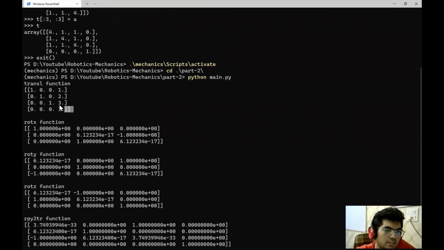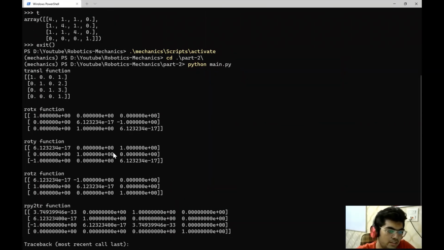Okay, so the first function did give us the 1, 2, 3 that we wanted, rot x. Now we can go and check the values over here. The rot x function is going to have cosine of gamma, and we enter 90 degrees. It's going to be 0 and it's going to be 1. Yeah, it is 0 and it is 1, right?